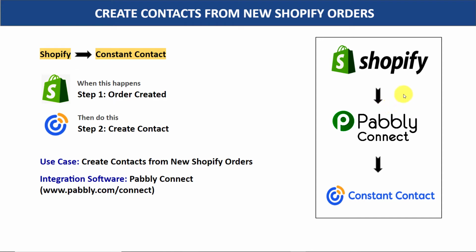The first choice is to copy all the details of John from Shopify and manually add him as a customer in Constant Contact. Now this process is actually very repetitive and tiresome. So I would suggest that you bring in some automation so that whenever a new order is created in Shopify, it will automatically create a contact in Constant Contact.